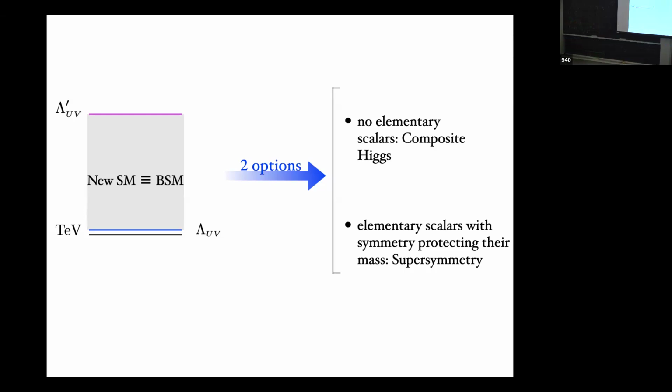So yes, this scale is also not far from the scale that is suggested by neutrino masses, if you assume that the coupling that enters the neutrino dimension-five operator, two leptons and two scalars, is of the order of 1. Of course, if you take the coupling smaller, which you could, then the scale should be lower than 10 to the 14. 10 to the 14 is the scale with the coupling of order 1. Okay?